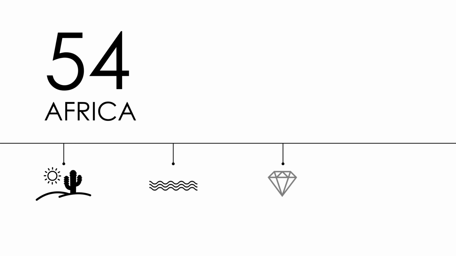Africa has the most number of countries, with 54. Africa is home to the largest hot desert, the Sahara Desert, which is comparable to the size of China. The world's longest river, River Nile, is located in Africa. 65% of the world's rough diamond production comes from Africa. And with 42% of Arabic speakers living in the region, Arabic is the most widely spoken language in the continent.